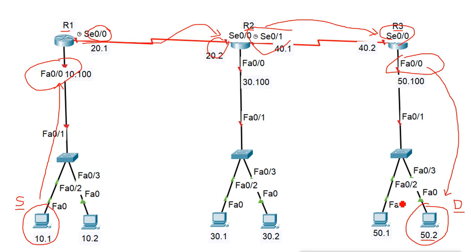Still, we have a guideline for the extended list, and the guideline says that the extended list should be applied to the nearest router of the source, in this case router 1, and the nearest interface of the source. So the standard list should be applied nearest to the destination, and the extended list should be applied nearest to the source.